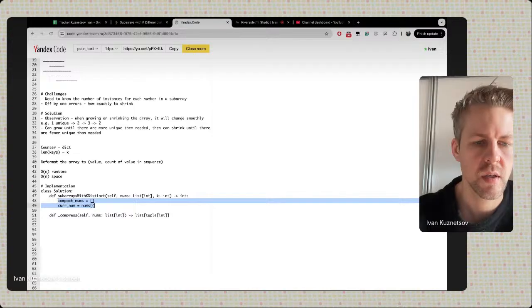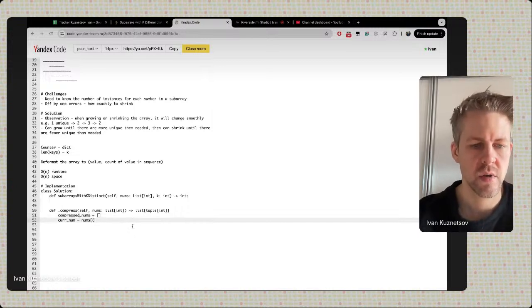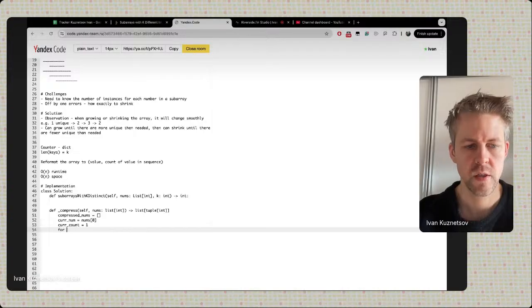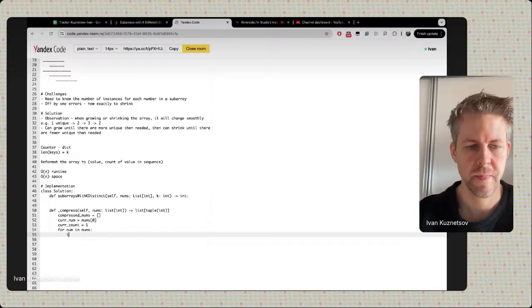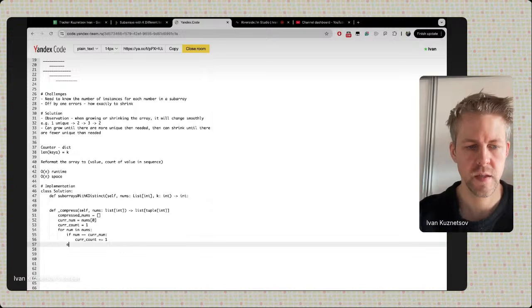So let's instead do it here, and let's call it compressed nums. So current nums will be nums 0. Current count will be equal to 1. For num in nums, if num equal to current num, current count plus or equal to 1. Else